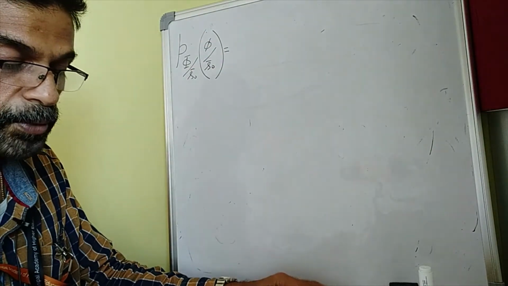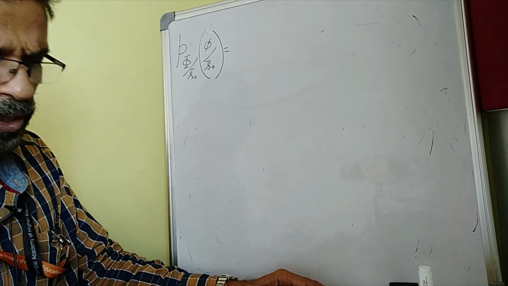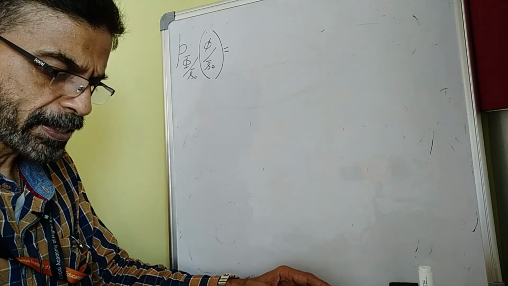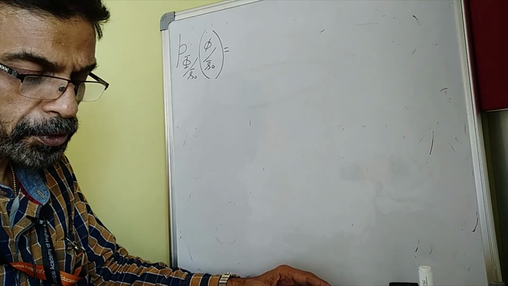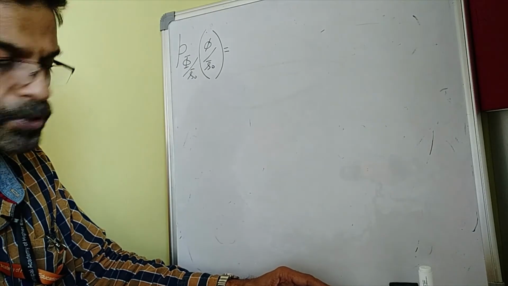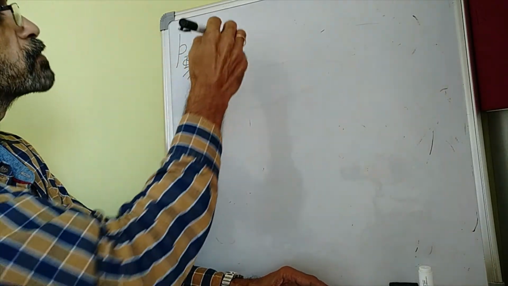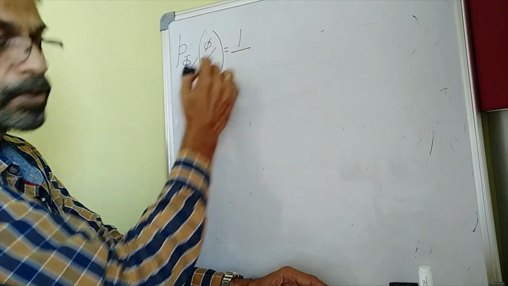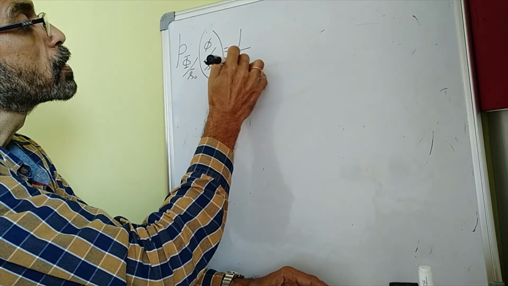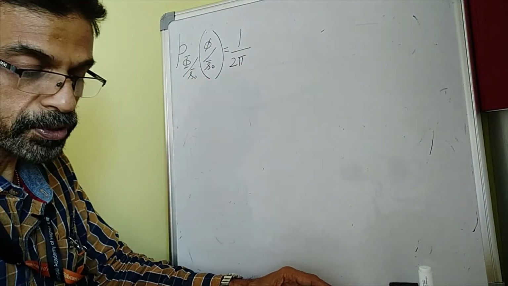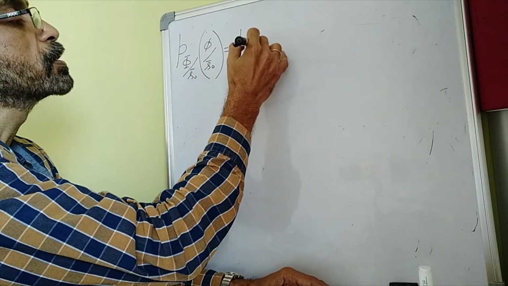Probably, if possible, I will make a video of that and upload, and if possible I will give a link of that in the description. If not now, maybe sometime in future. So the density function of phi given that S naught is a transmitted signal will be